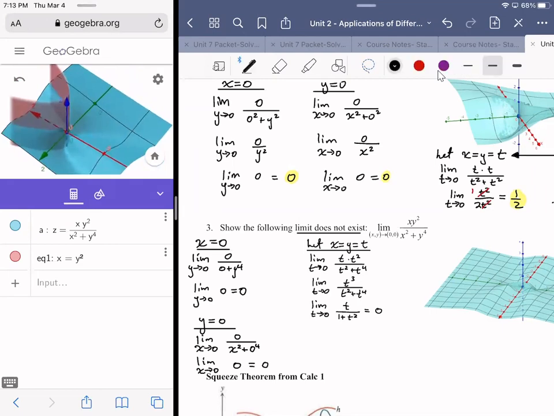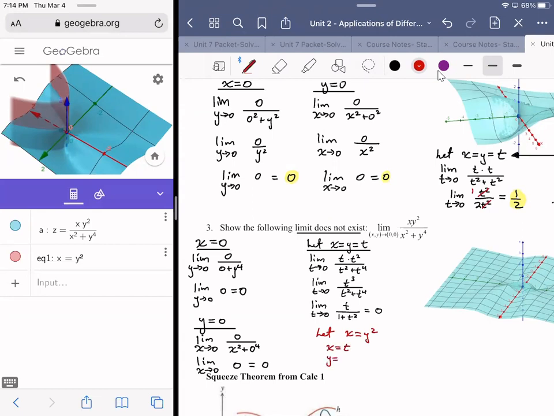But you make an observation based on the patterns that you see, and you use that to help you draw a conclusion. So I would say, let's let x equals y squared. And if we do that and define it parametrically the right way, then we'll be in good shape. So if we're going with x equals y squared, the parameters that we would use would be that x is equal to t,